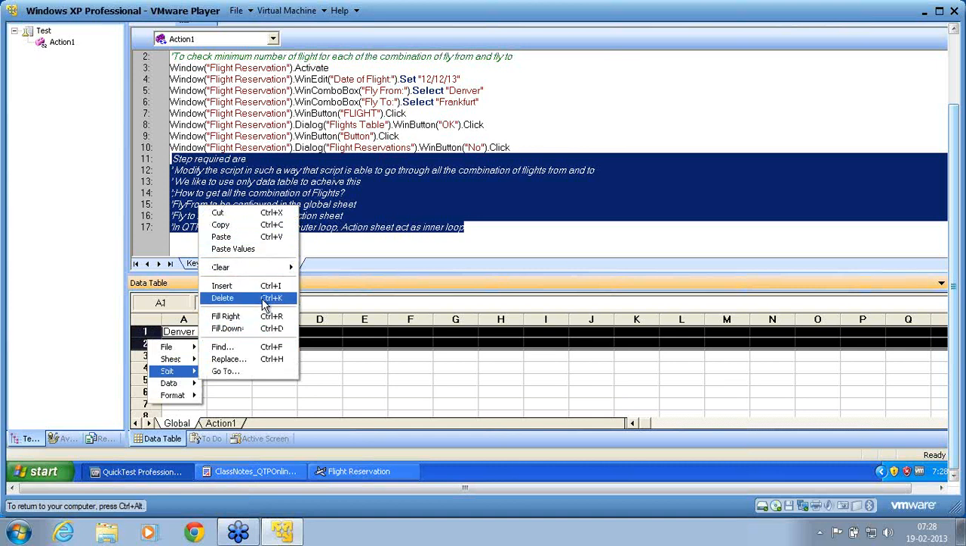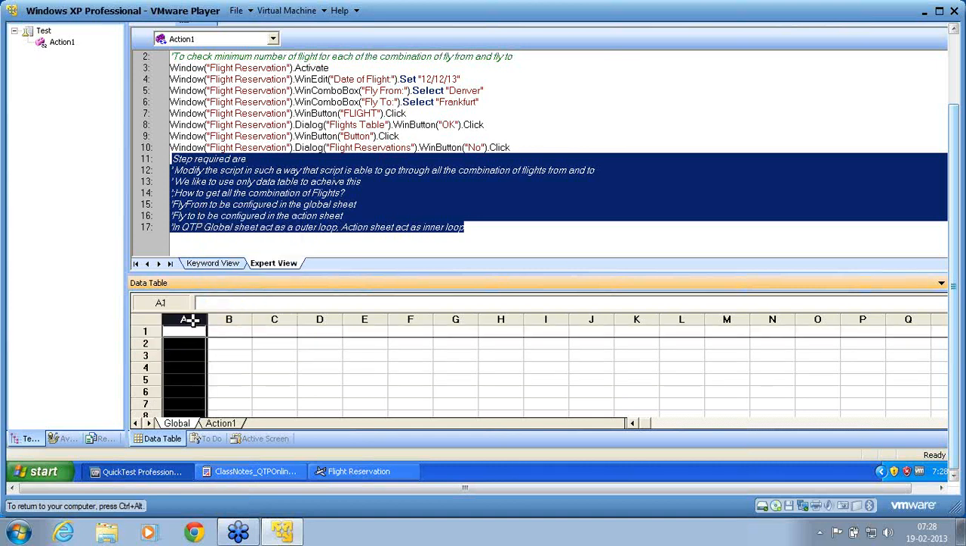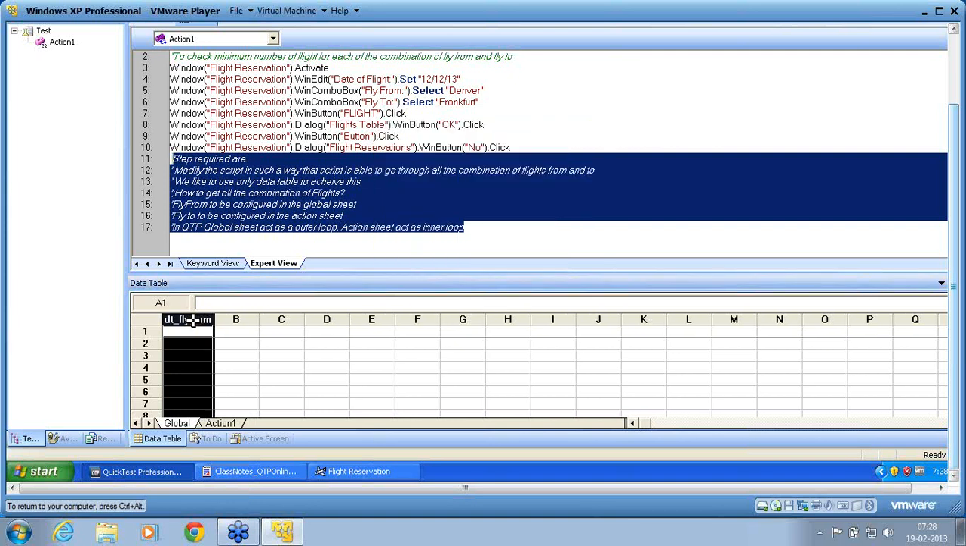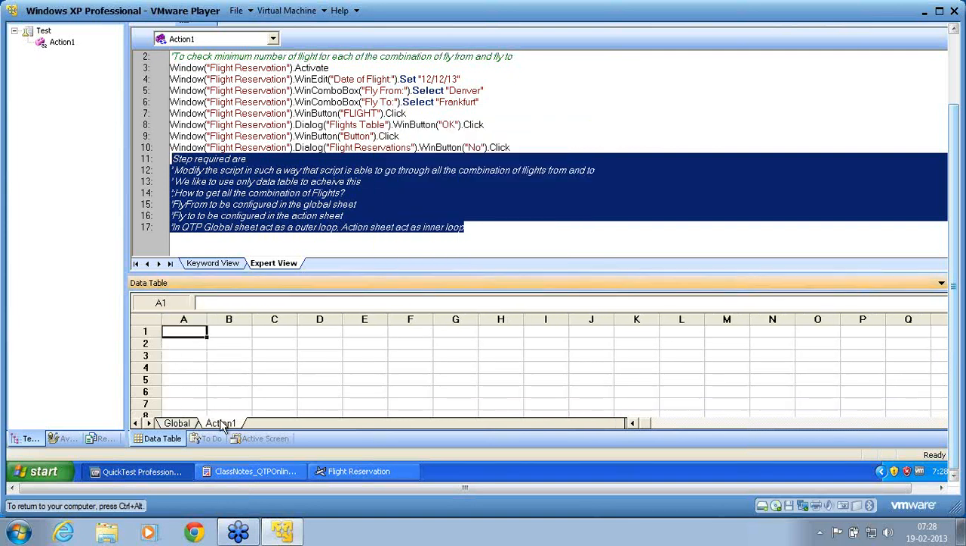I just remove it. I now rename this column A. To rename the column, select the column, double click on the header of the column. I rename it as DT_flyfrom. And in the action sheet, I try to make it as,